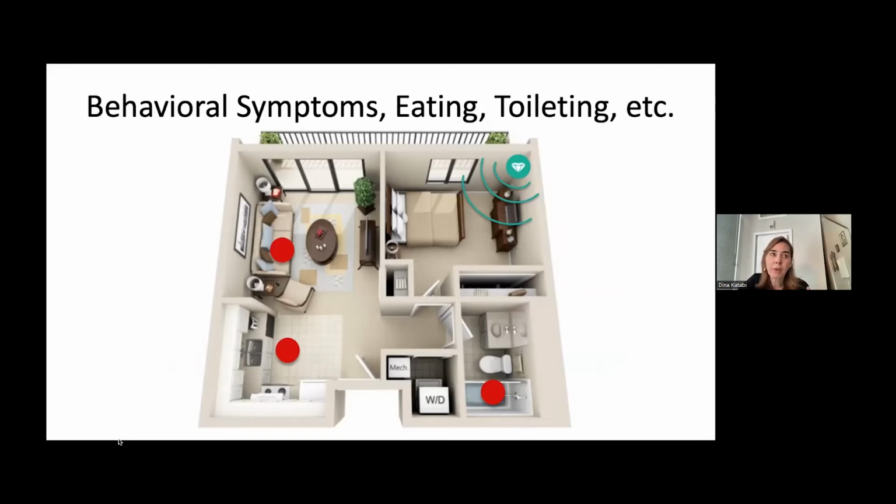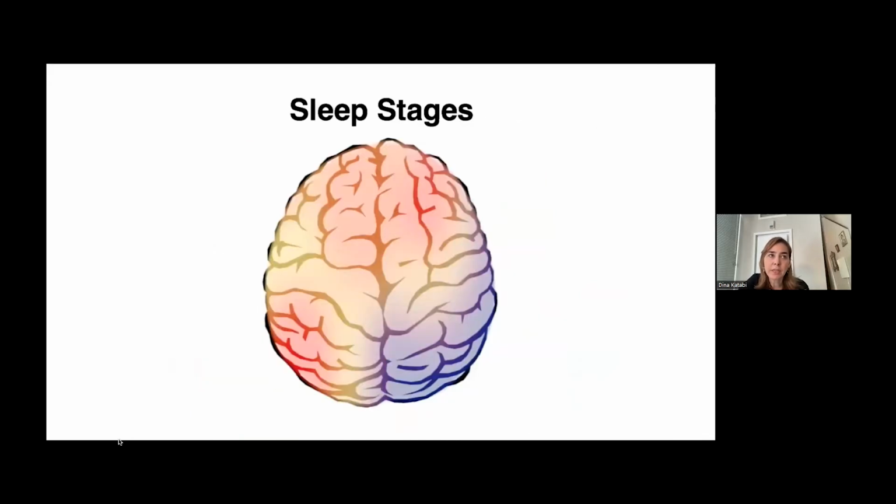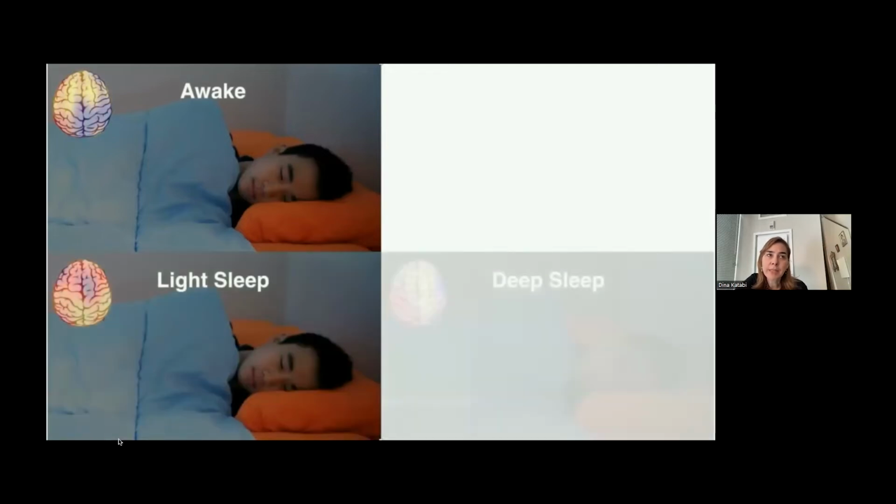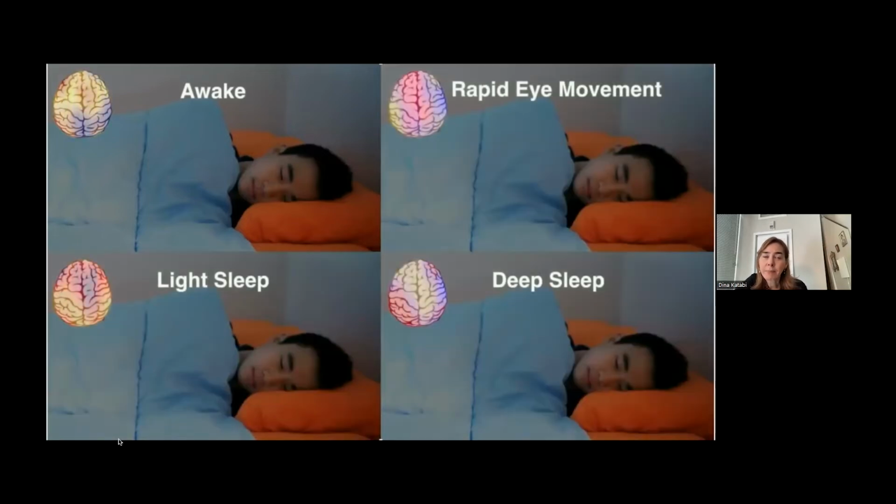But what else can we get from the radio signals around us? When we go to sleep, our brain waves change and enter different stages: awake, light sleep, deep sleep, and REM, or rapid eye movements. Now, these sleep stages are related to sleep disorders. But of course, in all neurological diseases, there is a sleep factor. In fact, if we think about diseases like Alzheimer's, not only do we know that sleep gets disturbed, but we also know that the slow waves during deep sleep are really important.